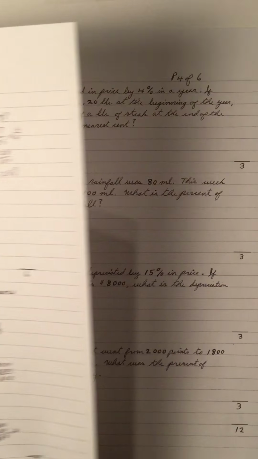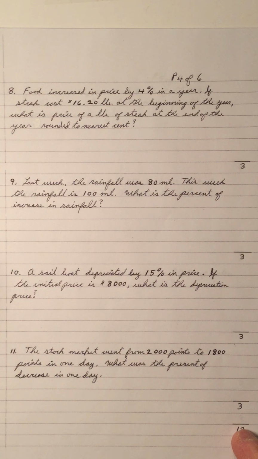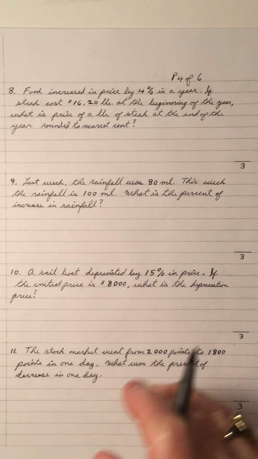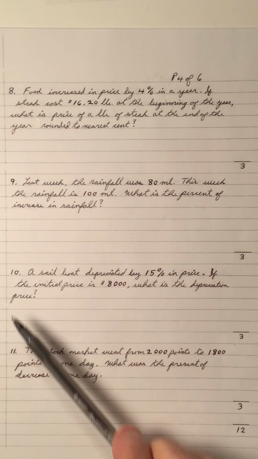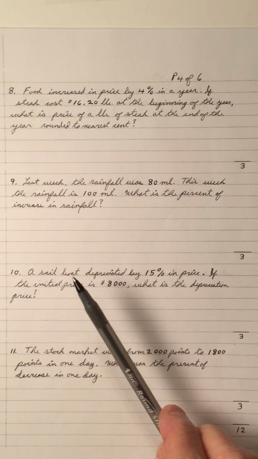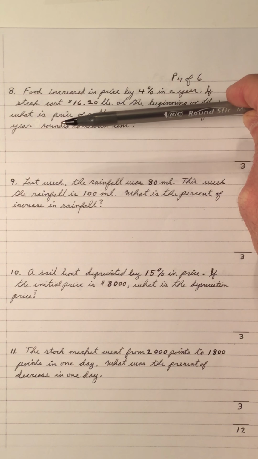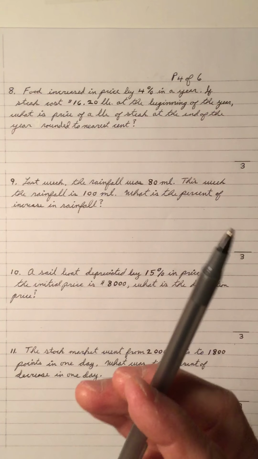And remember, as we do each page, we put the total at the bottom of the scores we're getting. When you get it all done, total up all your bottom numbers, and you'll get your number out of 60 converted to percent. This is page 4, so page 4 should have an 8, a 9, a 10, and 11, and you're going to work them out. And when you get them worked out, remember you're pausing, you're working them out, and see if you get the